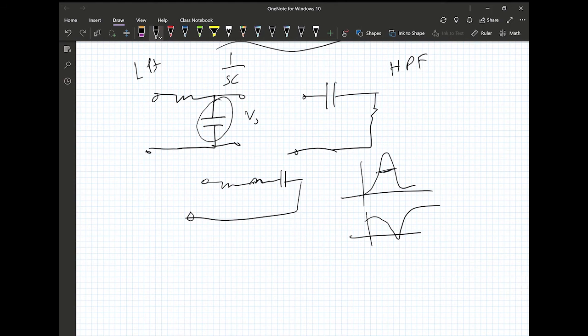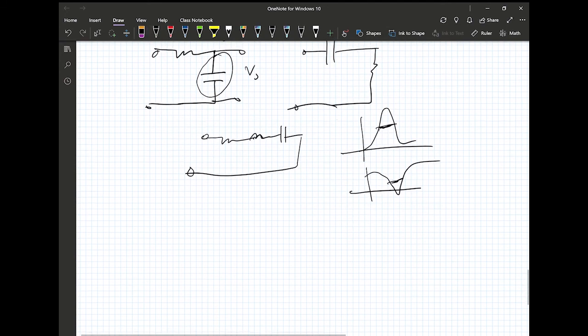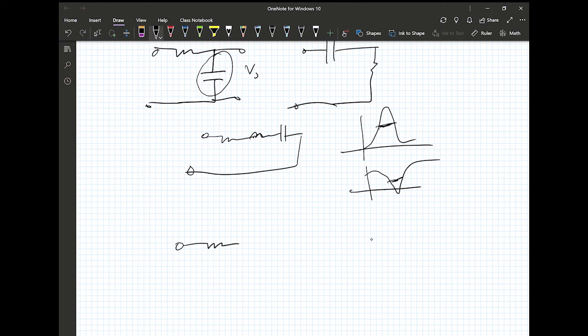It will either pass a certain frequency range or suppress a certain frequency range. For example, let's reason about this. If I have a resistor, an inductor, what happens if I have an inductor and a capacitor? What's the impedance of this thing? The impedance of this thing is sL, and this is 1 over sC,